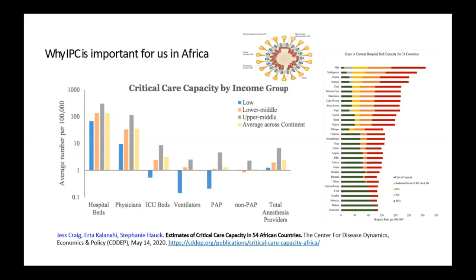If you look at the picture on the right there, this is just a scenario of what we have if we have 30% severe cases of COVID requiring health service care that will require hospitalization. A percentage of those will require ICU admission, and about 2.5% require ventilator assistance. And look at it, only very few African countries actually have the capacity at 30%, at 50%, at 70%, and 100% scenario. So the bottom line is that IPC is key, and this is an area that the clinical microbiologists must take a very leading role.